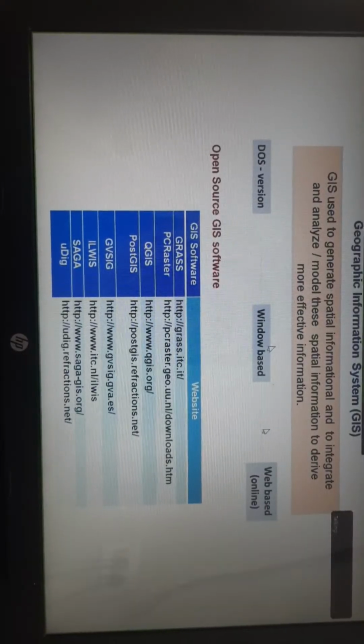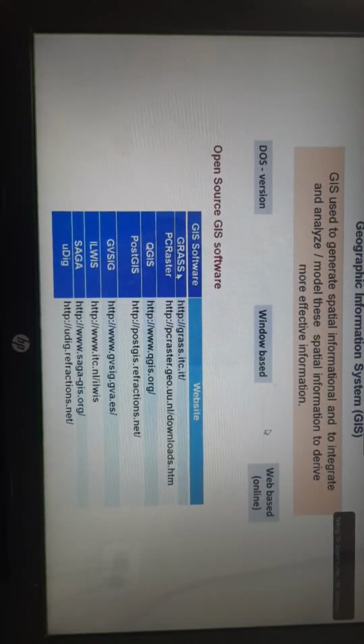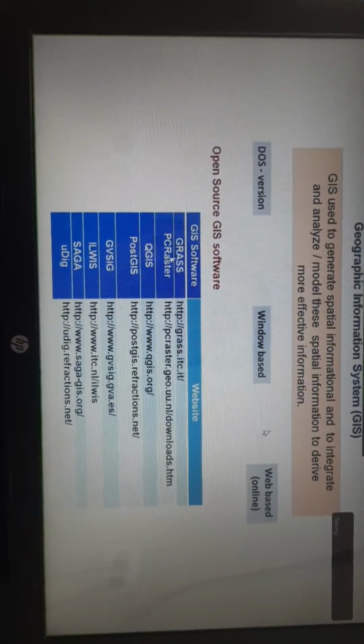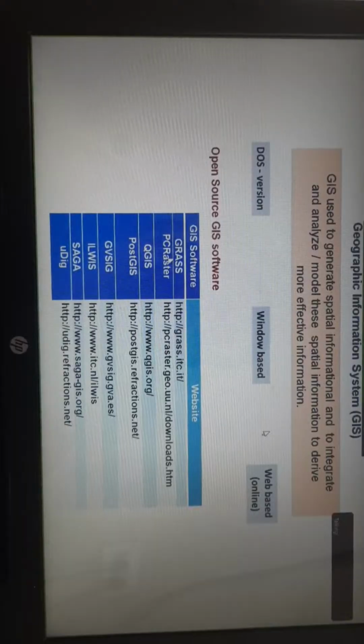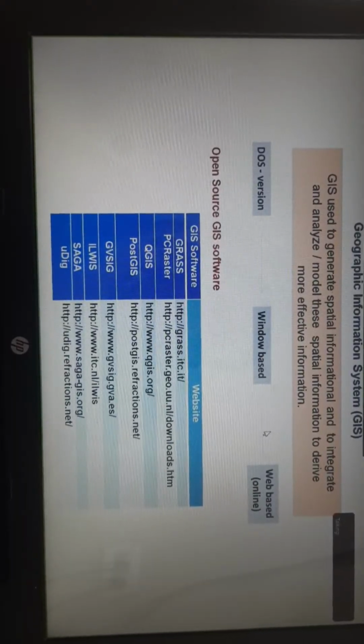Then QGIS and GRASS software are very popularly used by users who cannot afford the cost of the